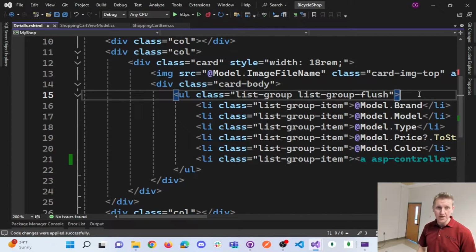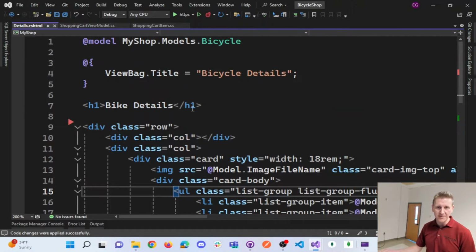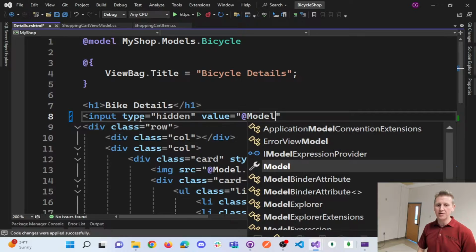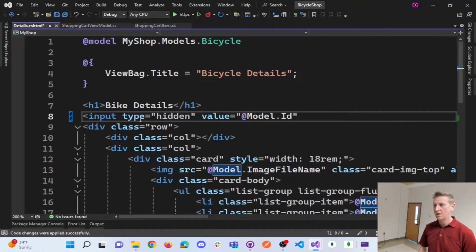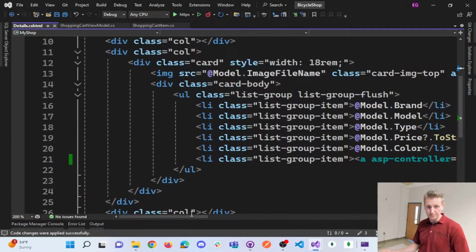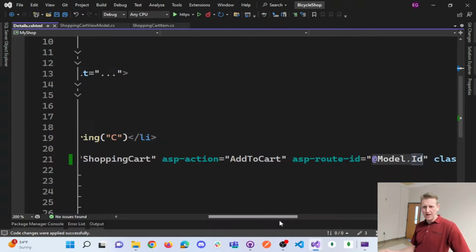One little thing I'm going to do is, up at the top, add a hidden control to store it: input type of hidden, and the value is the model ID. Otherwise, this view would not be able to send that bicycle's ID into another controller. And so